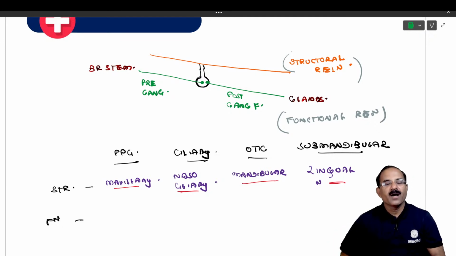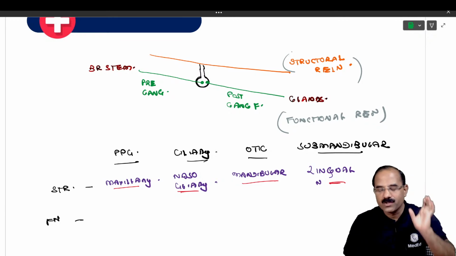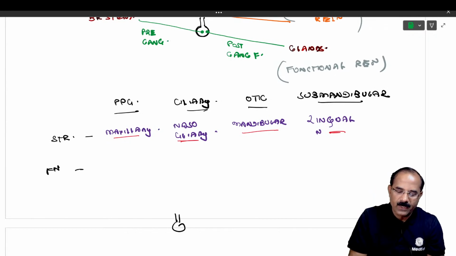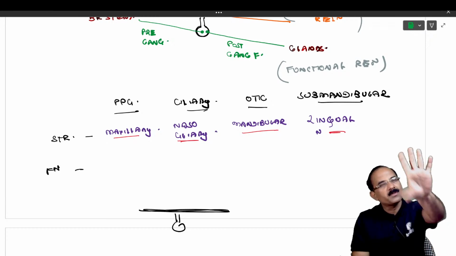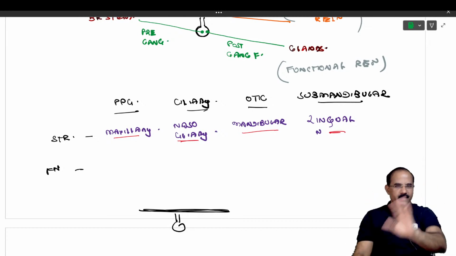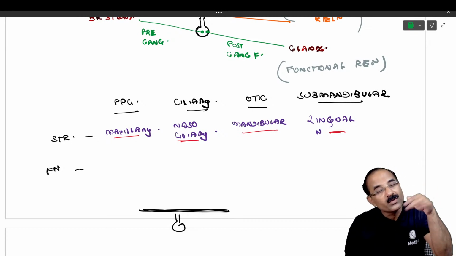Very good. अब इसका functional relation देखिए. Functional relation का मतलब क्या है? What is functional relation? Yes बच्चों, what is functional? देखो, structural क्या होता है? Listen. ये ganglion है. The ganglion is hanging from a nerve. It is just hanging from a nerve. What is this relation? Structural. ये structural हो गया. अब एक दूसरा nerve है.